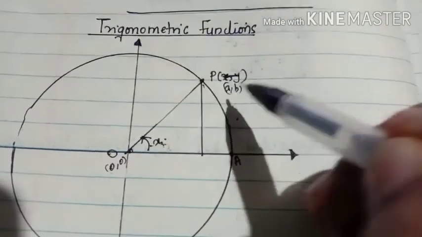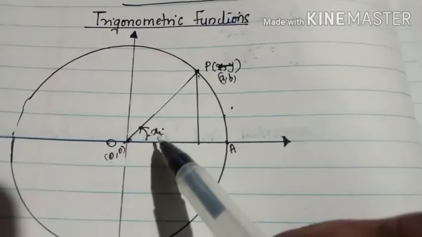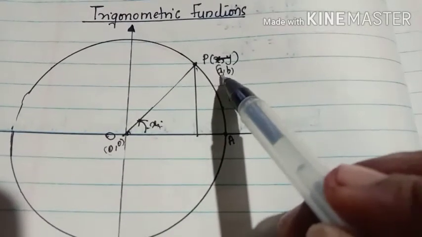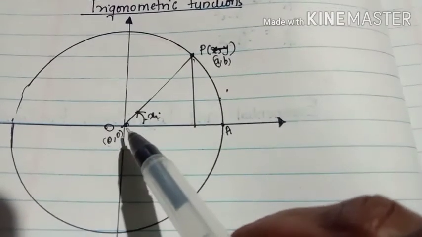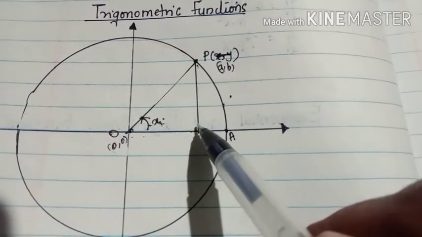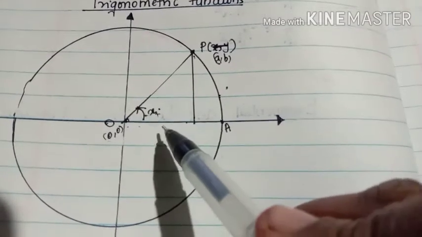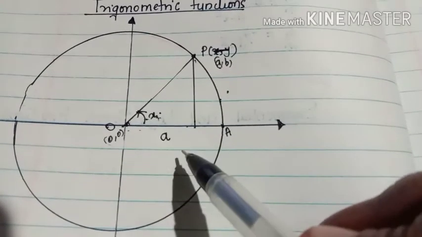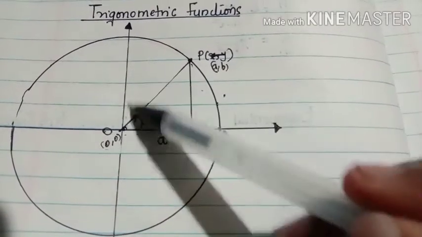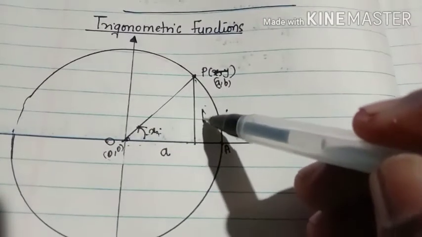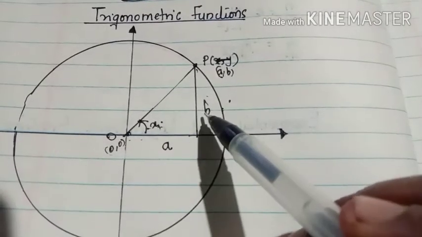Now, let us consider, we can change this point as A, B, because we already considered the angle in terms of x. Okay. So A means x coordinate and B is y coordinate. So from here to here, what is the length? The length is the x coordinate, x value, that is A, and this perpendicular distance is the same as the y value, that is B. Okay. So this is A and this is B.